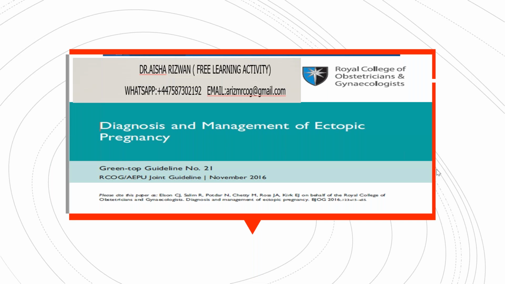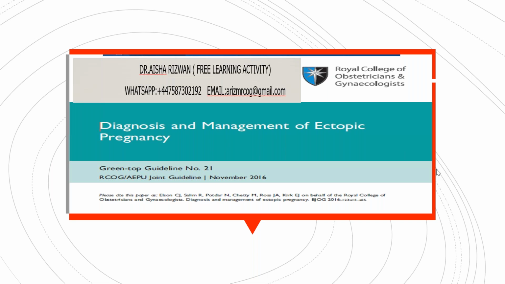So different methods have been used here, like dilatation and curettage, systemic methotrexate, local injection of potassium chloride, or methotrexate. So many different things have been used. And if the